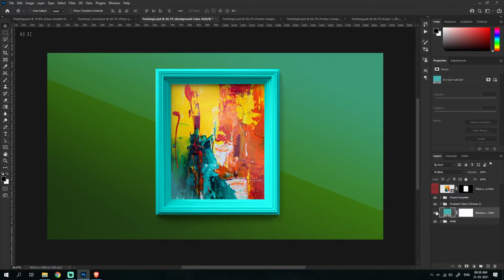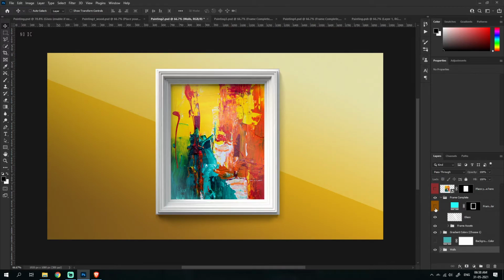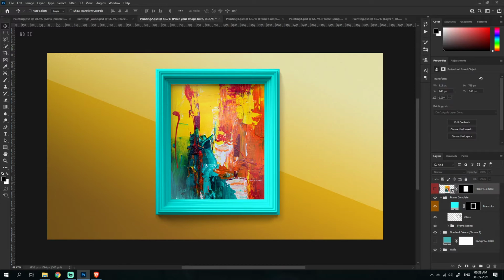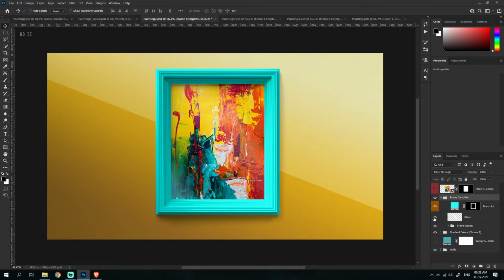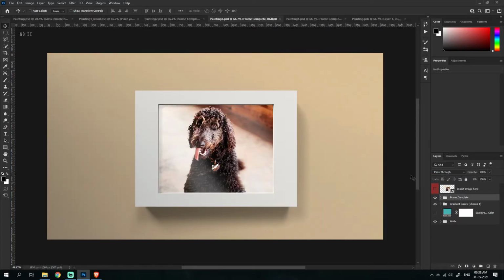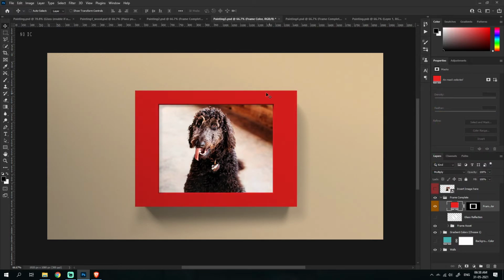Same with the background colors. You see there's the gradient colors. All of this will have gradient, solid color and this wall, but the only difference is this section and the painting section, and also you can move it. And also the glass section will always be there. Next one, we have the same sections: wall, background color, gradients, the frame complete ones, the glass, the frame color, whichever suits your style.